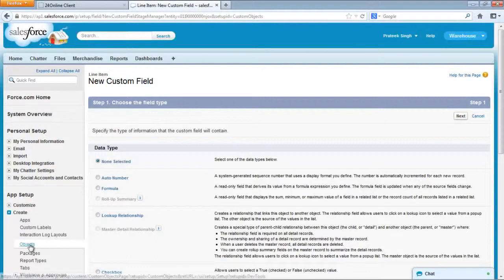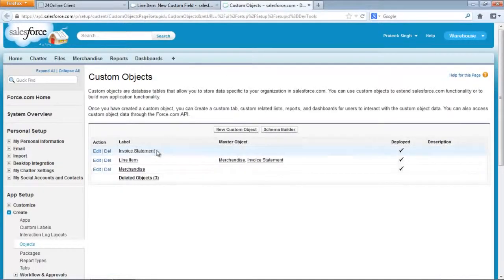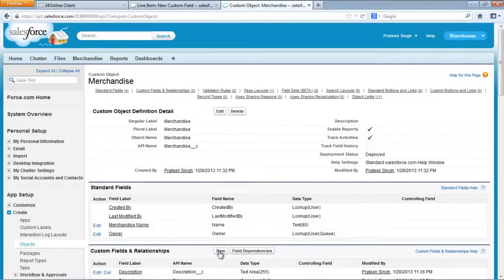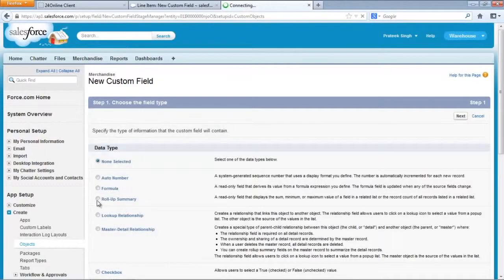And if we go to a different object here, like say I click on open link in new tab, I have this roll up summary grayed out. So if I go to a merchandise object, since merchandise is a parent of line item, and if we click on new, it will show you roll up summary. By this roll up summary field, we can aggregate the fields of the child, like we can have number of items there, total of those items, average of those items. So our master can work on the field of child. It can aggregate the field.